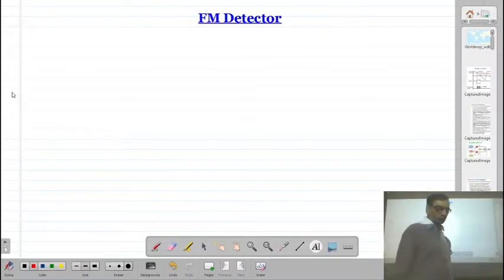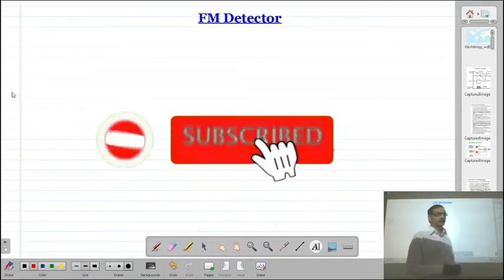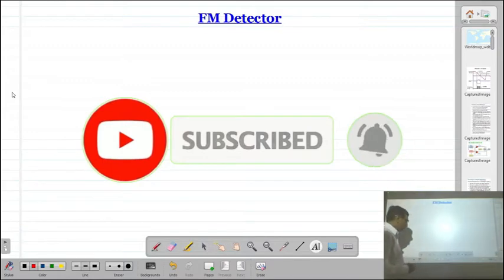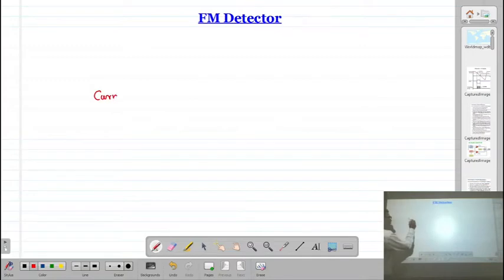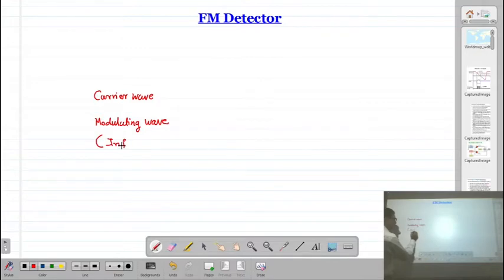Okay, friends. So we have discussed a modulation process, particularly amplitude modulation and frequency modulation. Already you know that in the modulation process we require one carrier signal, one carrier wave, and another is a modulating signal, or you can say modulating wave. This modulating wave is nothing but our information. Remember, correct? So in the transmitter,